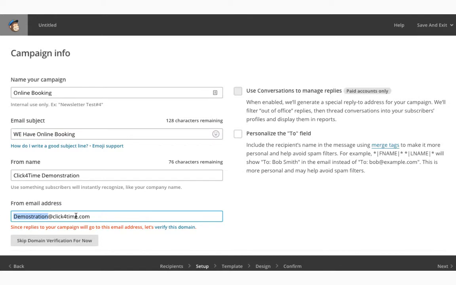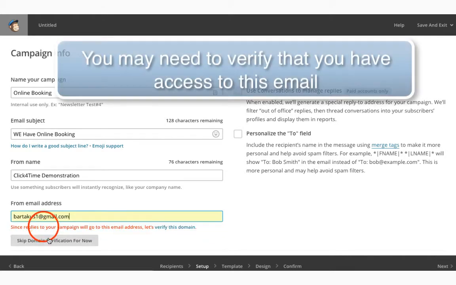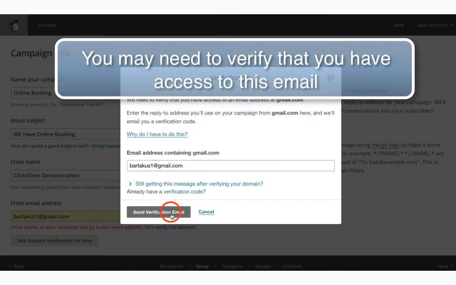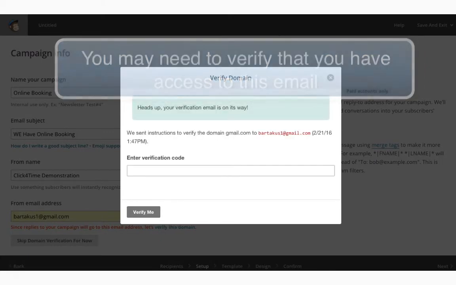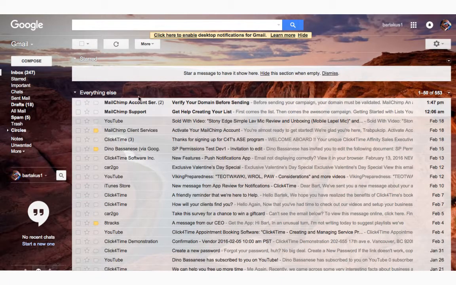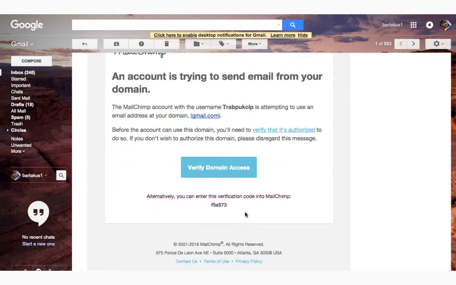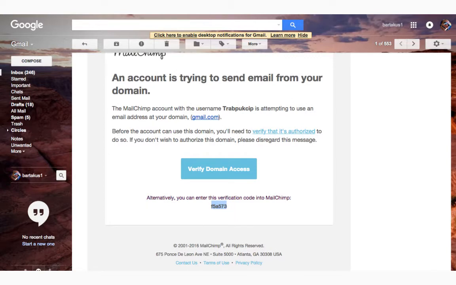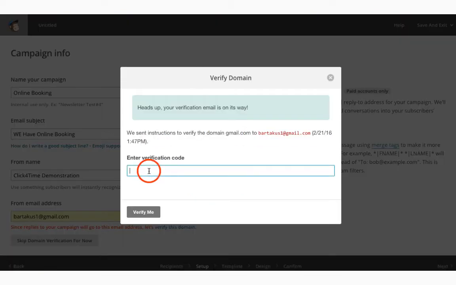From name should be your company name. The from email is important. As mentioned earlier, make sure to use an email your clients will recognize and that hopefully won't end up in their spam folder. There are a few other optional items on this page, but I won't cover those in this video. Just keep the default options selected.